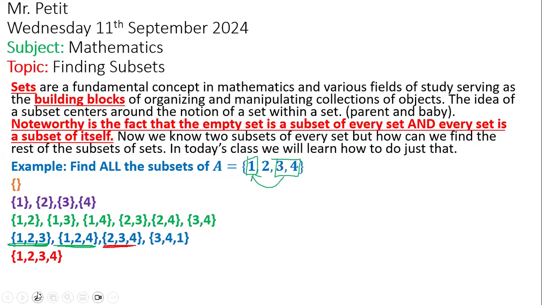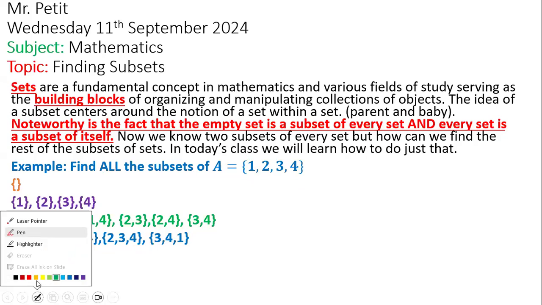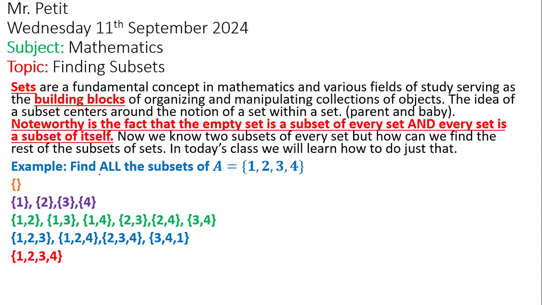So basically, our goal is to figure out all, this is very important, all of the subsets of this set. Now, what is very important to note is that we have listed all, how many? All of the subsets of A, which means that there is no other subset of A in the universe. There's none. We listed all, right? All of them. So how many subsets does this set have? You want to count? Count and tell me, how many subsets does this set have?